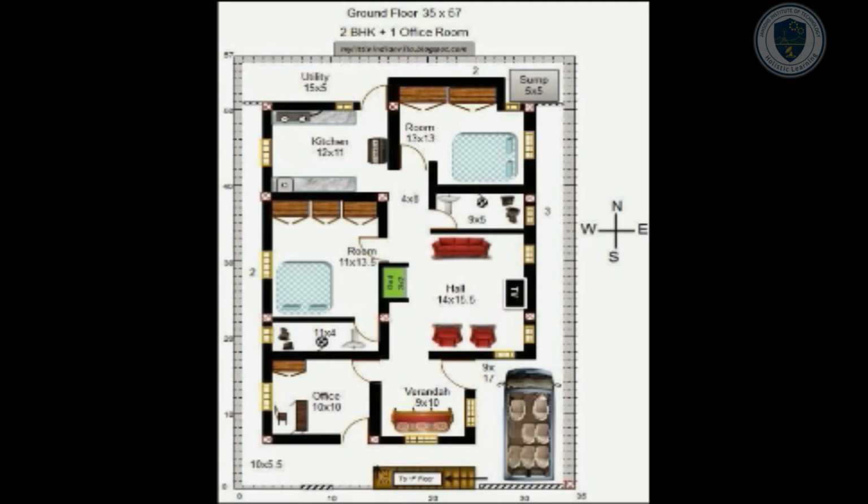South facing house. The main entrance or the main gate plays a main role in this south facing house. In the south facing house, the main door or the main entrance should not be placed in the center of the south wall because the negative energy travels from the southwest corner. The correct place to place the main door is the southeast corner in case of a south facing house because the positive energy travels from the southeast corner.